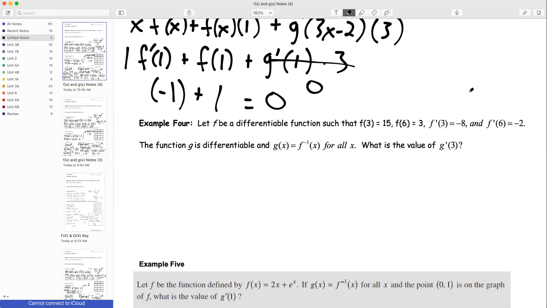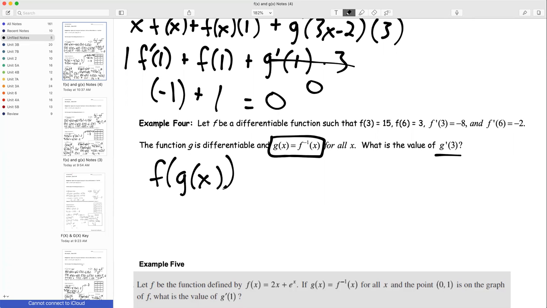The function g is differentiable, and g of x is equal to the inverse of f of x. No eye rolling. This is not hard. If you remember one thing, this is the key to the question. f and g are inverses of each other, and we are trying to find the value of g prime of 3. So if f of x and g of x are inverses of each other, that means